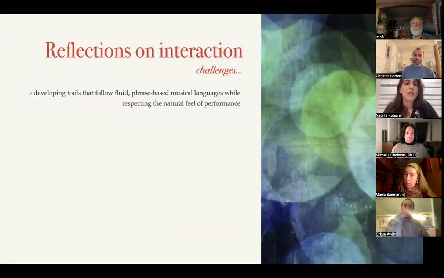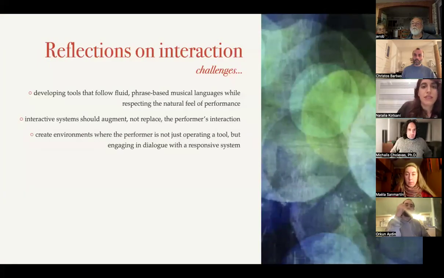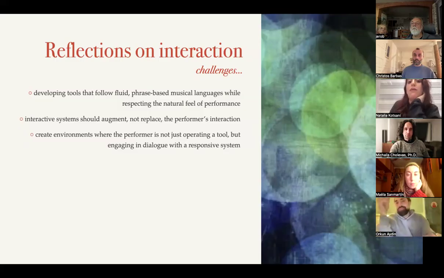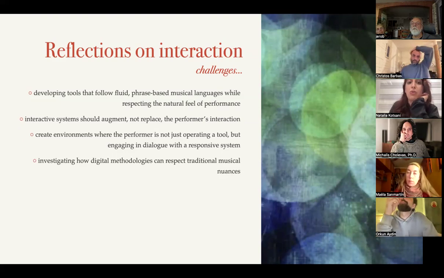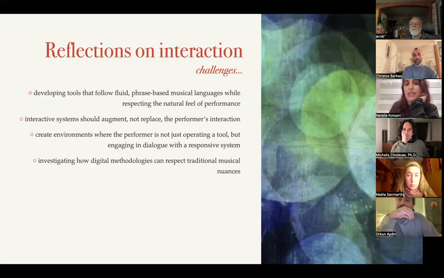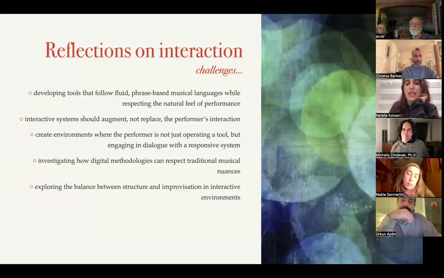And to close, the challenges, in my opinion, are to develop tools that can follow the fluid and phrase-based musical language while respecting the natural feel of performance, to create systems that can augment but not replace the performance interaction, to create environments where the performer is not just operating a tool but engaging in a dialogue with a responsive system, to investigate how digital methodologies can respect the traditional musical nuances, to explore the balance between structure and improvisation in